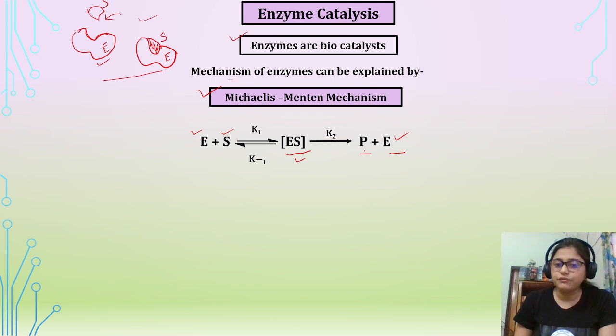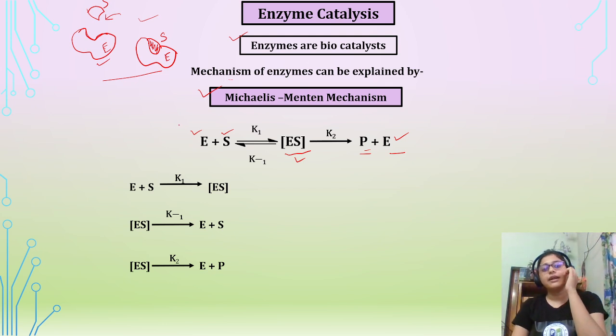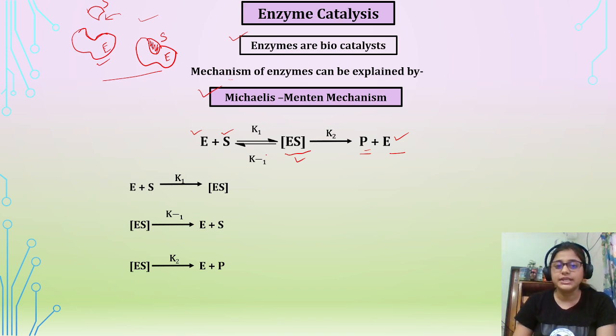So it will lead to the product formation and the enzyme will remain the same. This is the simple form of the Michaelis-Menten mechanism of enzyme catalysis. Now we have to have an idea about the kinetics of the enzyme catalysis reaction. For that we have to know about the rate constant,